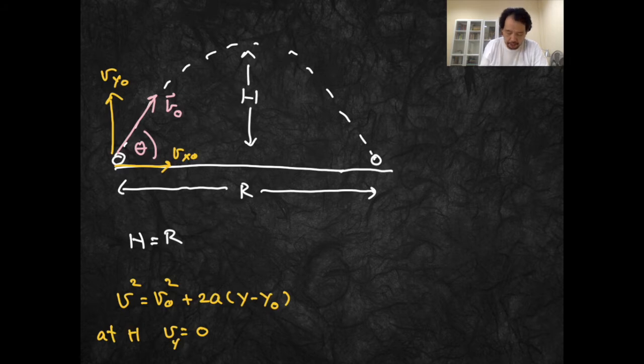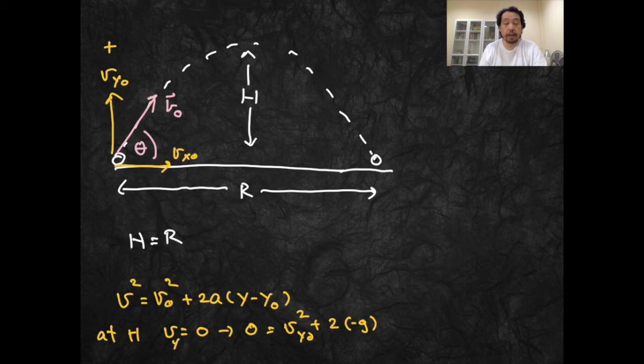Okay, so we have vy equal to 0, and we can write 0 is equal to vy0 squared plus 2 times minus g. In this case, we take the upward direction as the positive direction,